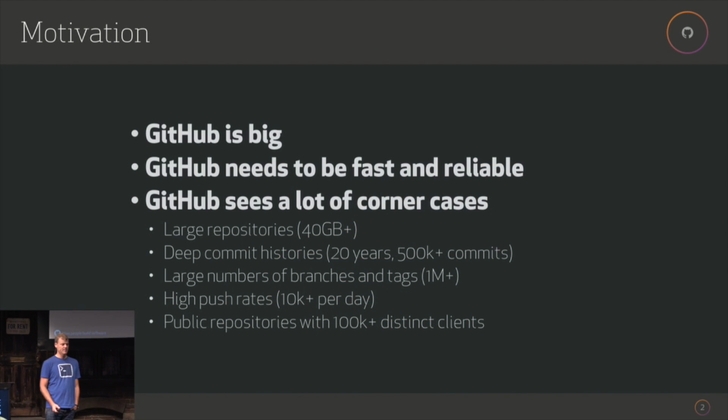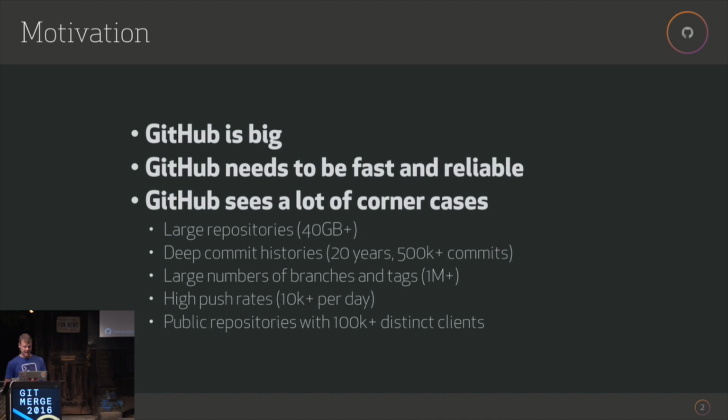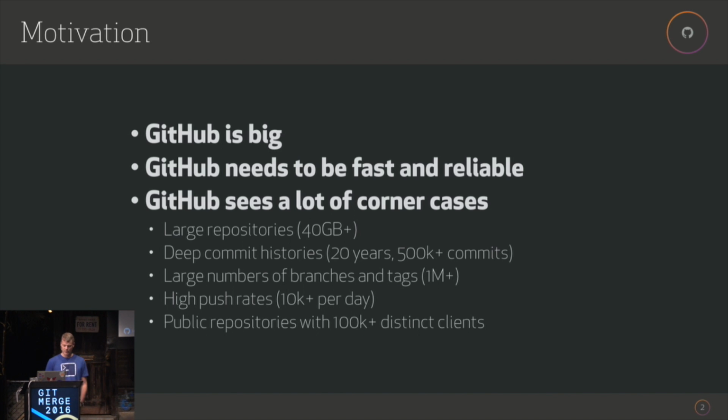GitHub's got about 35 million repositories, about 30 million gists. It's growing fast. We execute some form of Git or libgit2 over 1 billion times a day on those repositories. And in spite of all that, GitHub needs to be fast, it needs to be reliable, it needs to be consistently fast. So, for example, our 99th percentile page load times on the website are about half a second, which